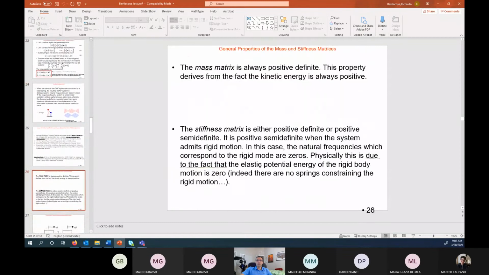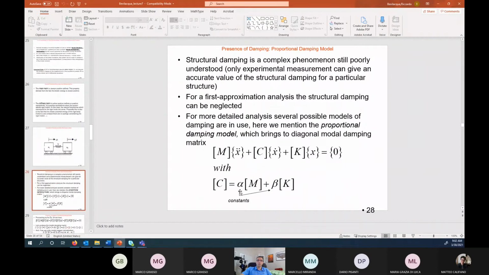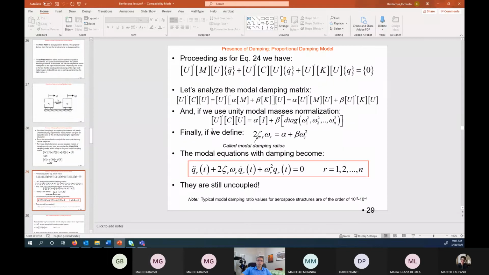But since I have defined my C matrix as a linear combination of M and K, the part of this linear combination that corresponds to M, when I pre-multiply by U transpose and then post-multiply with U, gives me alpha times the identity matrix. Then I have another constant, beta, and the diagonal matrix of the frequencies squared. We usually define 2 zeta omega as alpha plus beta omega squared, and we call this zeta the damping